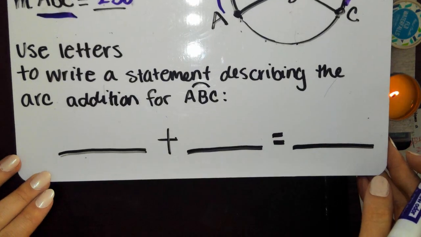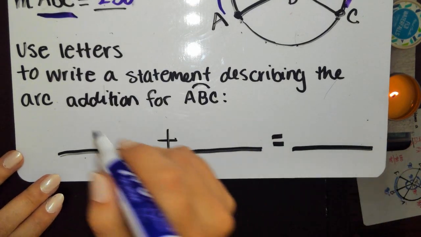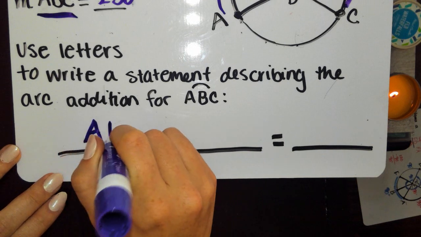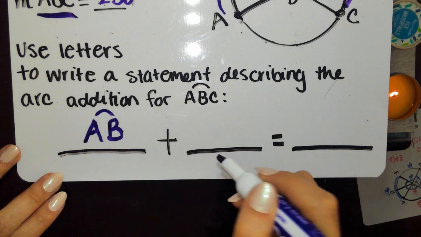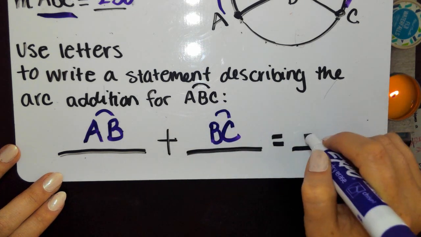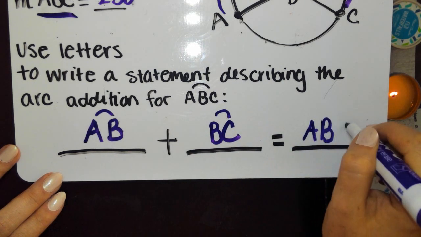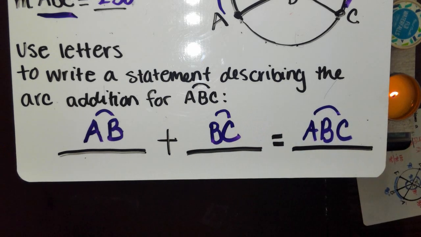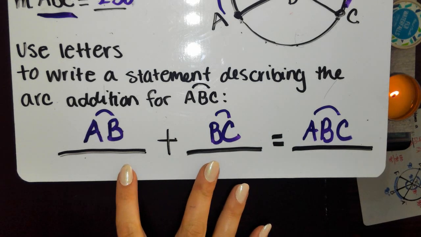Okay. So if I want to write a statement using letters, that's exactly what I'm going to write: AB plus BC is equal to ABC. And you kind of have to get comfortable seeing things written out in terms of letters instead of numbers,